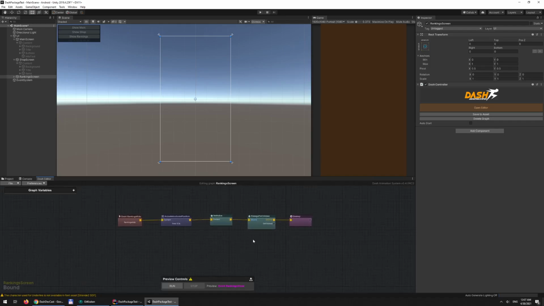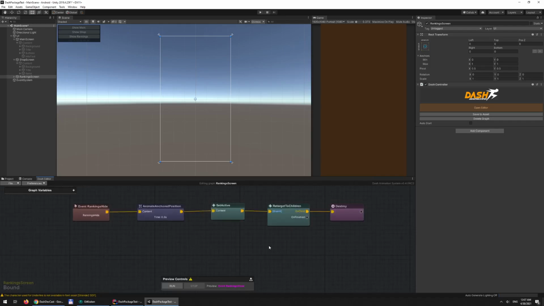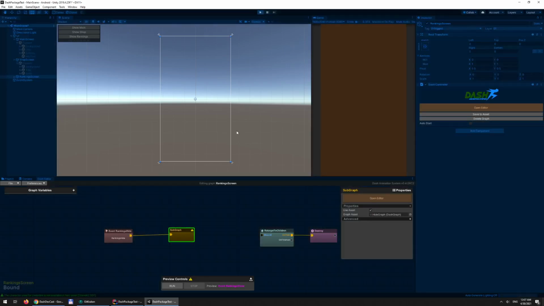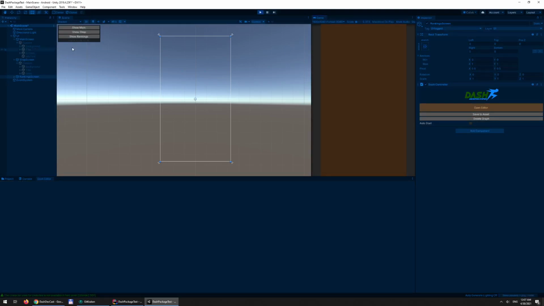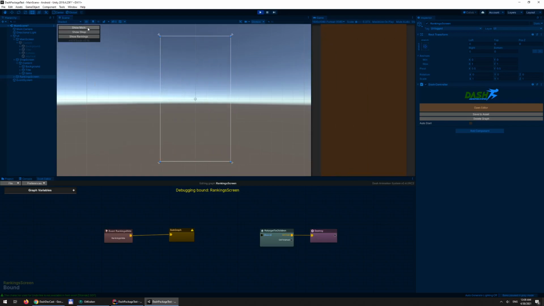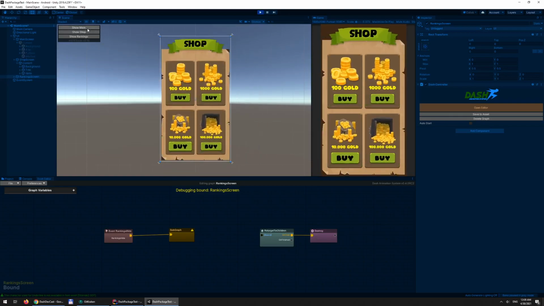Oh, and now we have a problem, because obviously we can paste this node and delete these two. So let's just run it like this, just to show you. So now it works,